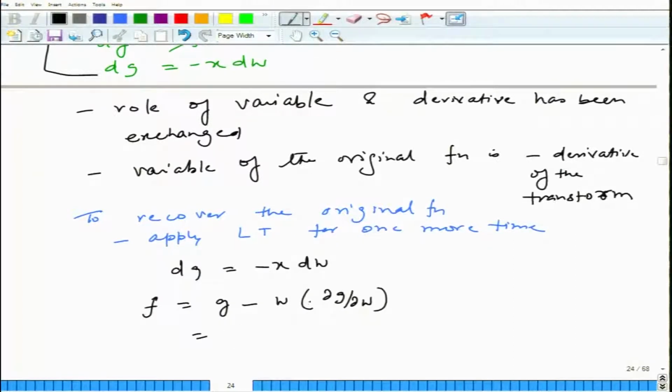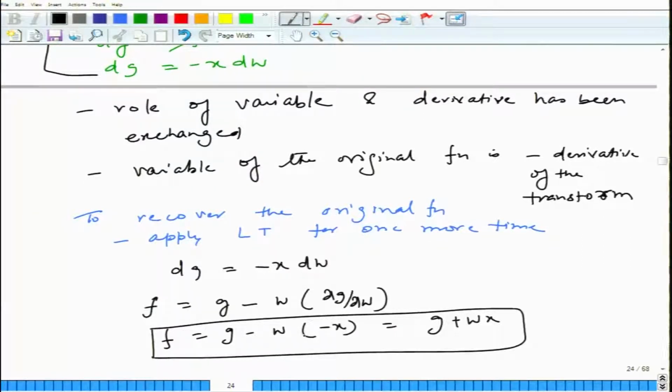So, this is going to be g minus w, and this derivative is nothing but minus x. So, you have g plus wx. So, this is how you are going to get back the original